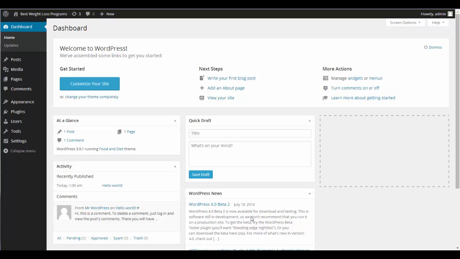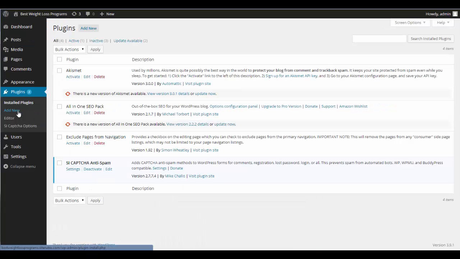So we're going to go through, there's a couple of things that I like to add right off the beginning that just make the website a lot easier to deal with. So we're going to go here to plugins, and plugins are add-ons to your website that you can put in that just let you do a wide range of things. I'm going to show you a couple of them. So I'm going to click add new,